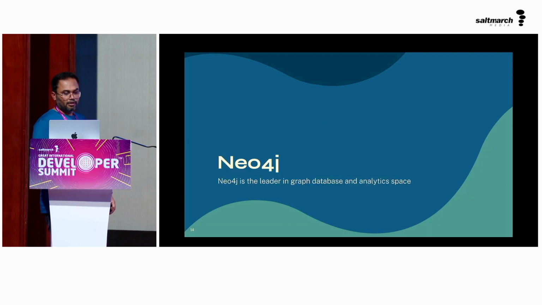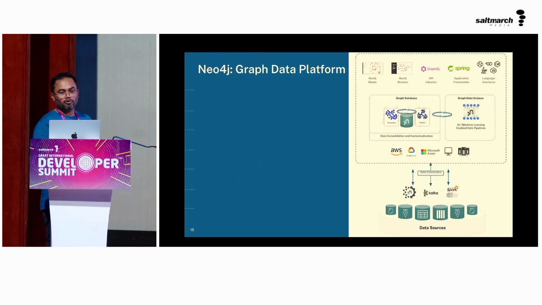And then the Neo4j. Neo4j is a leader in the graph database and analytics space, right? If you see, it's not only a graph database, we provide an end-to-end graph data platform. And what we mean by that is, as a part of the platform, it provides the native graph database. When we say native graph database, when we store the data, the relationship or the connectedness between the data is the first class citizen, that means we store this relationship natively within the disk,